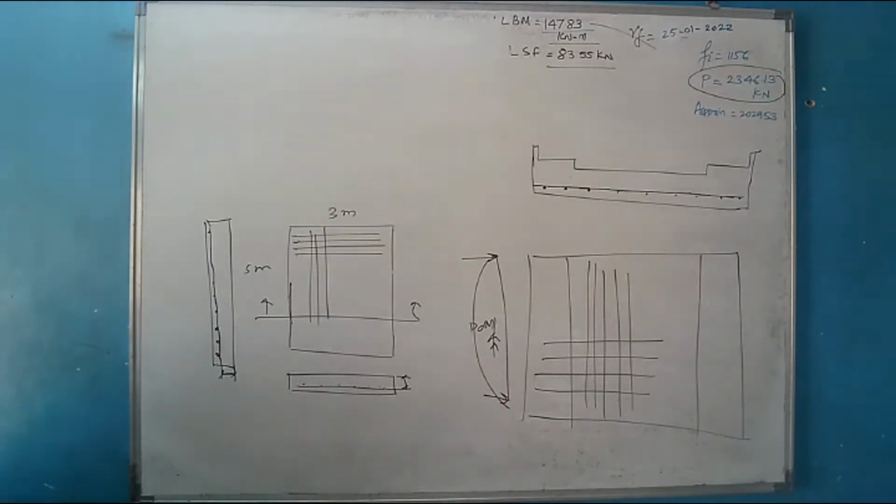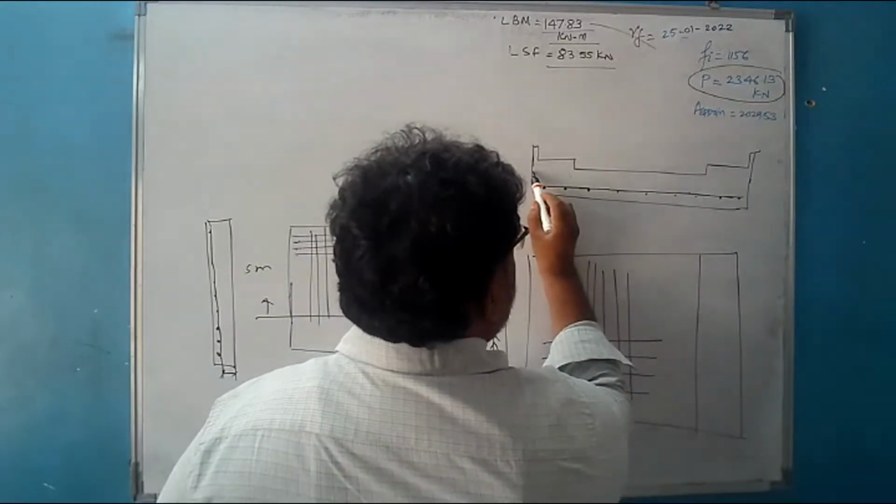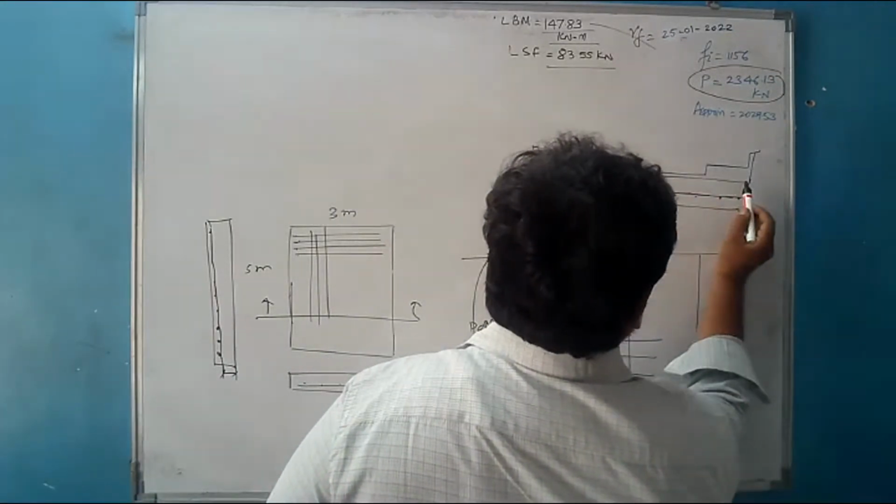so as to take care of any accidental loads which may act, so as to arrest the cracks if they are developing because of shrinkage, temperature, etc. So for that reason we need to provide a reinforcement net in the bottom. So this is the reinforcement net I am talking about in the bottom, right? और जो नेट हम बॉटम में प्रोवाइड करेंगे, एक नेट हम यहाँ पर टॉप में भी प्रोवाइड करेंगे सेम।